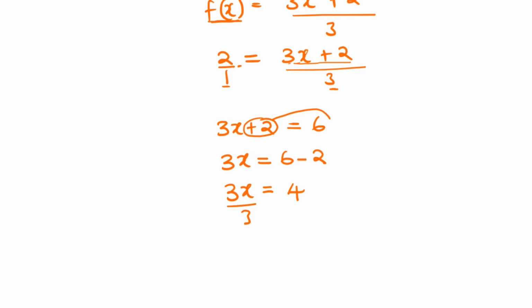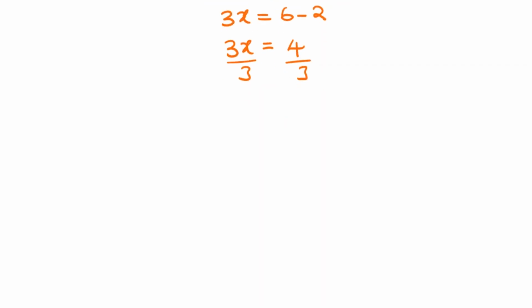We divide by 3, divide by 3. From there we can see that 3 and 3 cancel out. x will just be equal to 4 divided by 3 is 1, remainder 1 over 3, and that will be the value